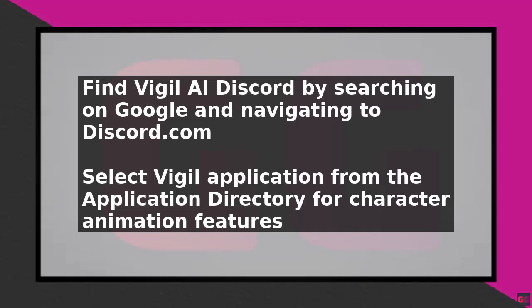To use Viggle AI Discord, start by going to Google and searching for Viggle AI Discord. Click on the discord.com link, which is usually the second result, and navigate to the application directory. Select the Viggle application, which is described as a creative engine that lets you run any static character. Among other features, click on the Viggle application, and you will be taken to a website where you can add